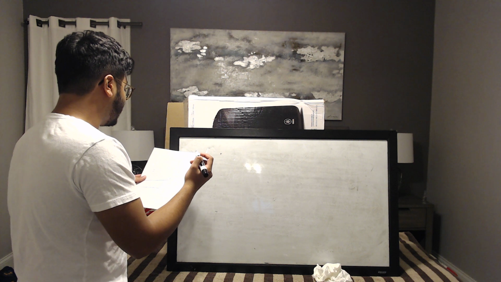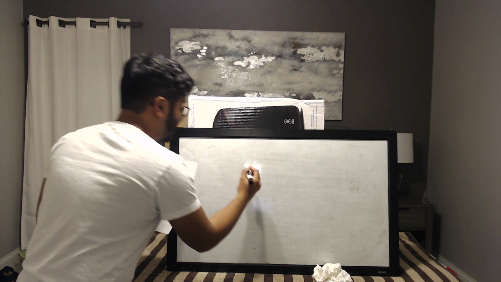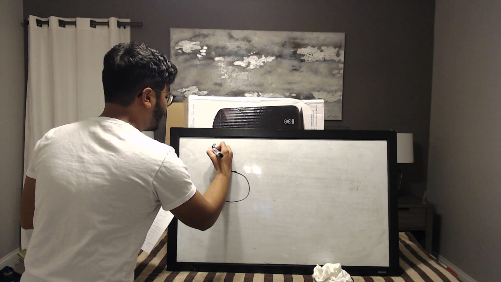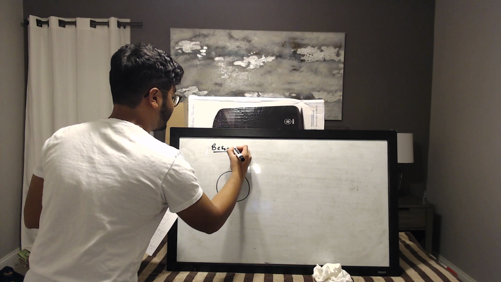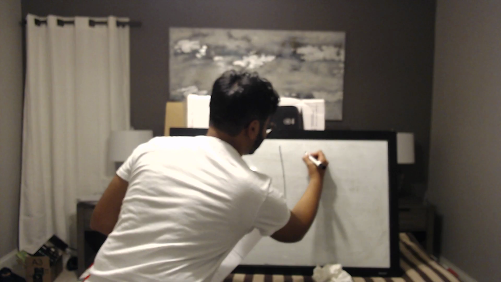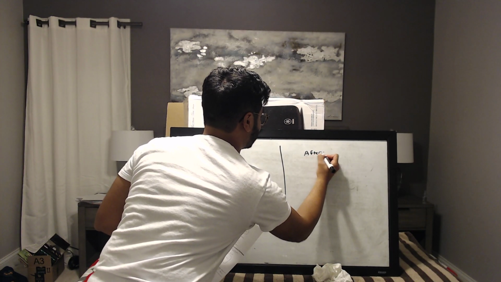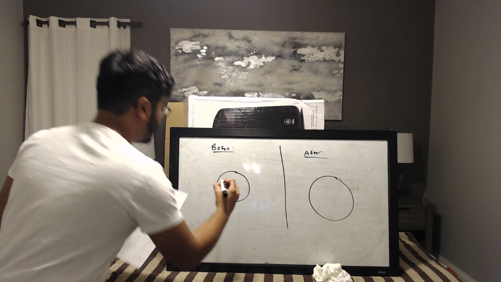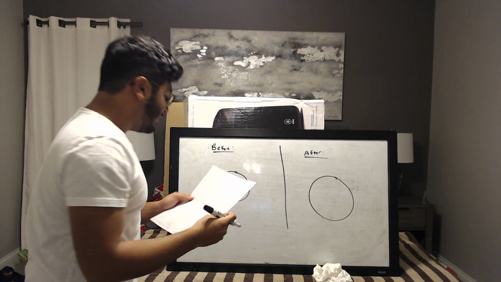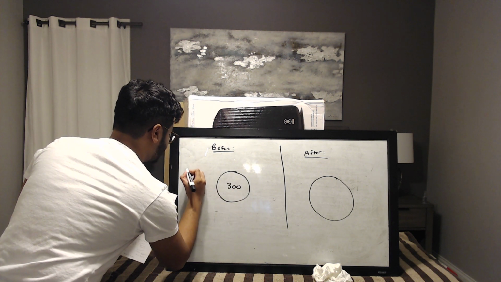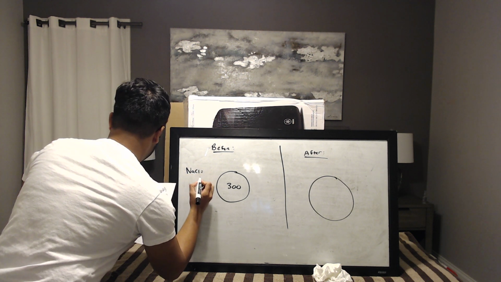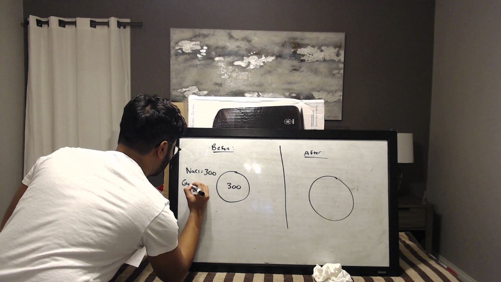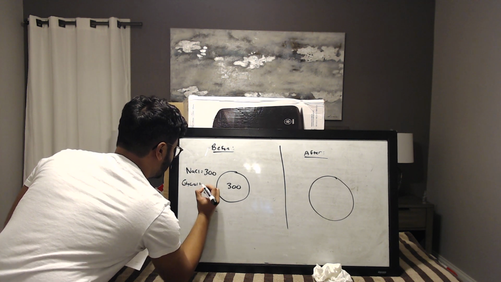So the first thing that you want to look at when you're looking at the cell questions are the two snapshots. So you have the before snapshot and the after snapshot. And let's say for this specific example, the inside of the cell is going to be 300, and then we're given sodium chloride, which is going to be 300, and we're given glycerol, which is going to be